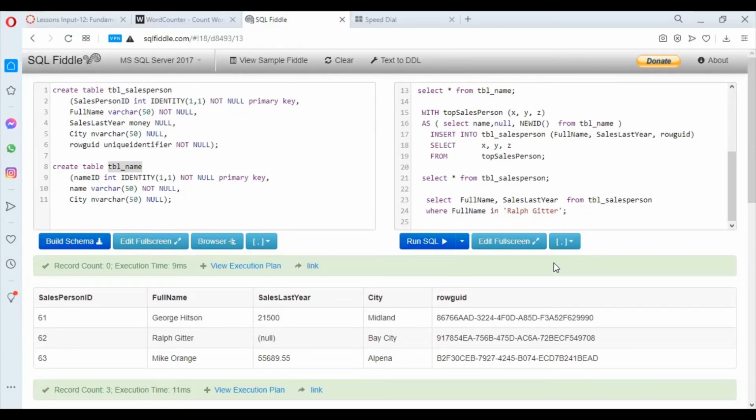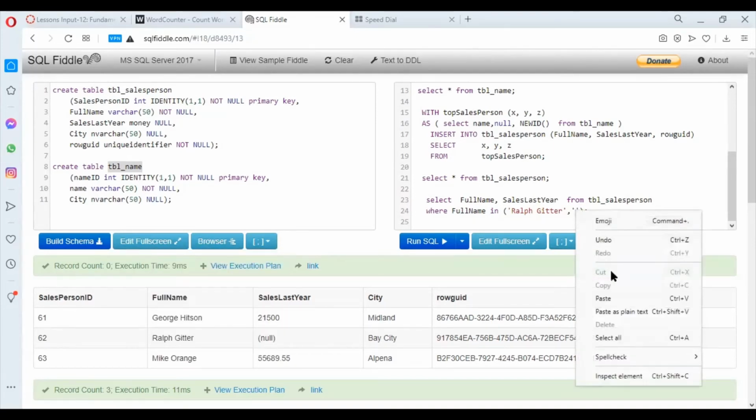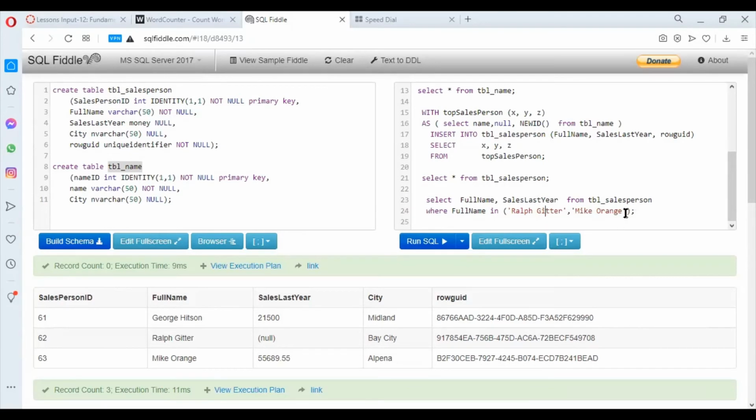IN can be used for strings, and can be used for values. In this example, we'll be getting the values of full name, that is either Rob Kitter or Mike Orange. And we'll also be getting